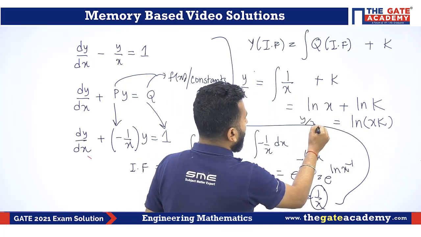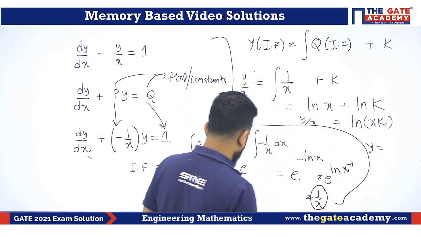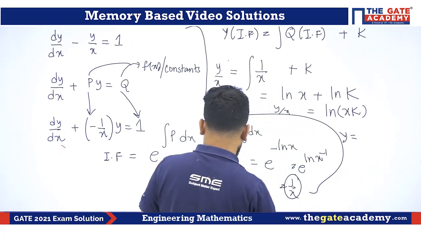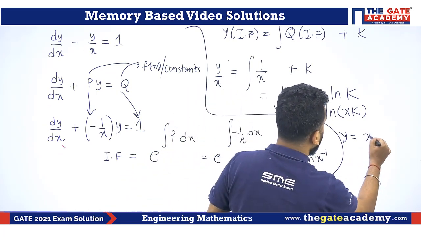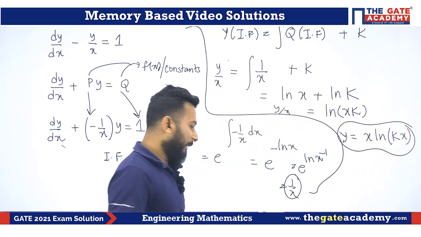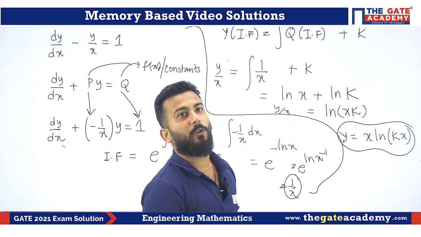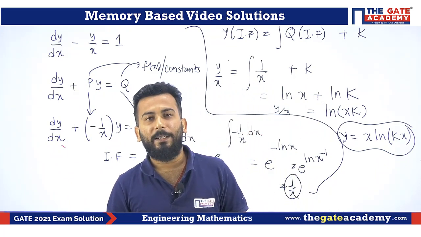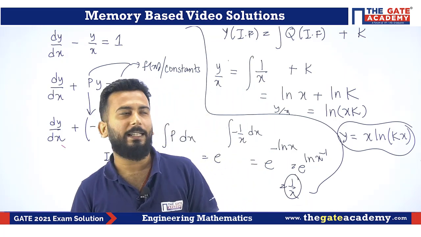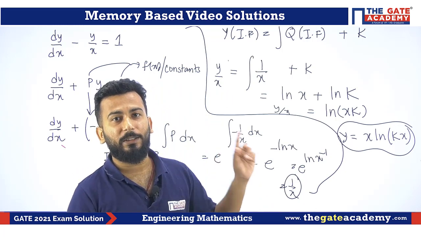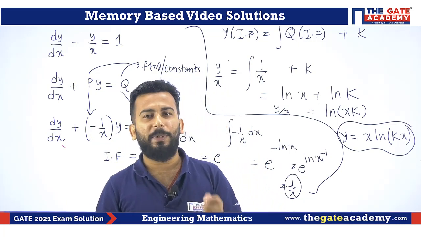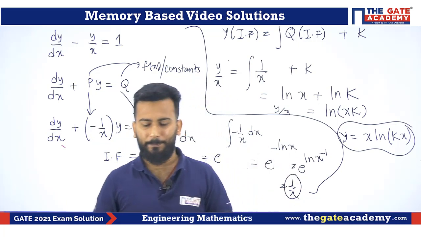Here it is y by x. So finally what is y? y is, just a minute, y is x into ln of kx, and I've got the answer already. It is option B, x into ln of kx. So again, Leibniz equation, direct question, you can say easy question, definitely yes, and I hope that you have got at least this one as right. All of the questions so far have been pretty direct. Yes, pretty direct. It has been direct questions only.